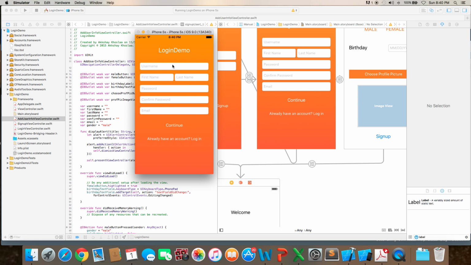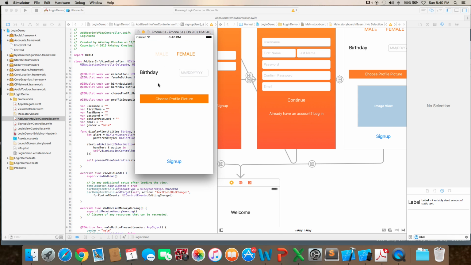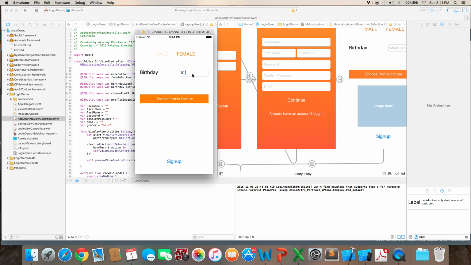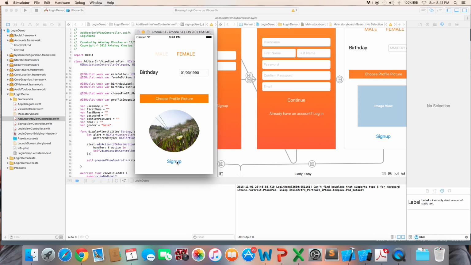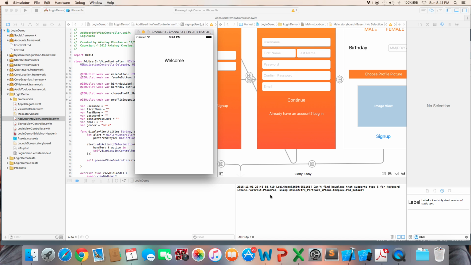So let's say username is mobile devs, and first name is mobile, last name is devs. Password is, let's say, mdb, and email is mdb@mdb.com. And continue, and let's say gender is female, birthday is 01/03/1990. Let's select a profile picture, showing up right there, and let's press sign up. And we're taken to this next view controller,